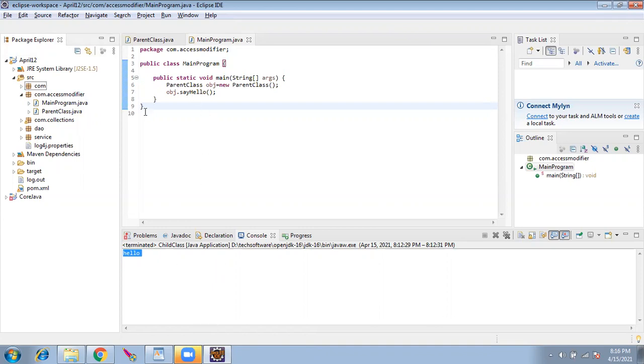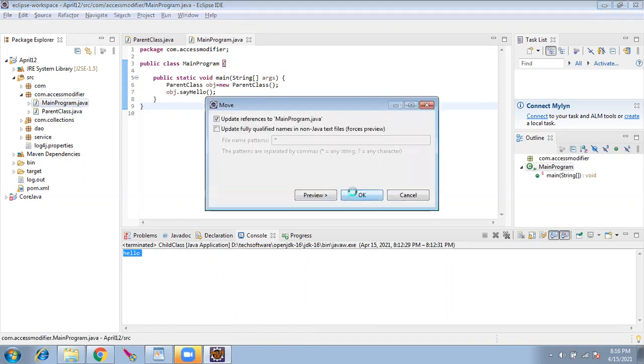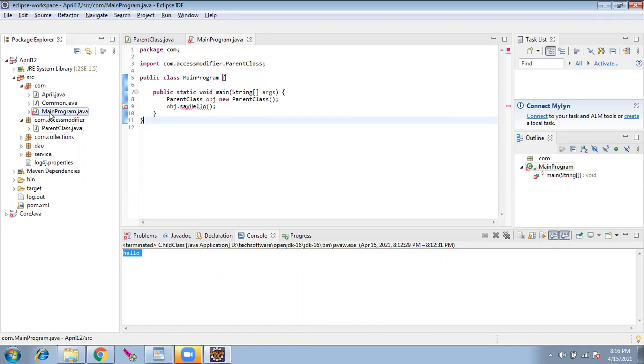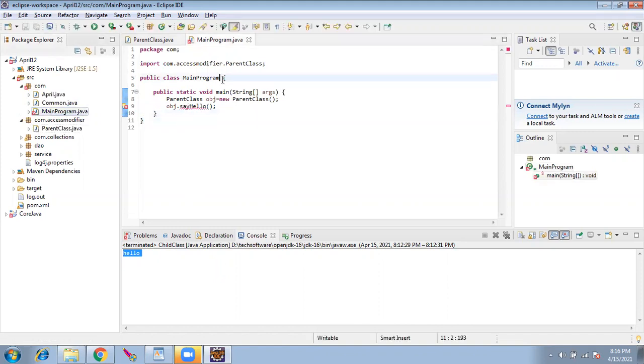Now the first condition we saw. The second one, I am moving it again outside. It should throw an error because these are of different packages and it is not visible. Now what I'll do is I'll give here extends parent class. Now the error should go away.